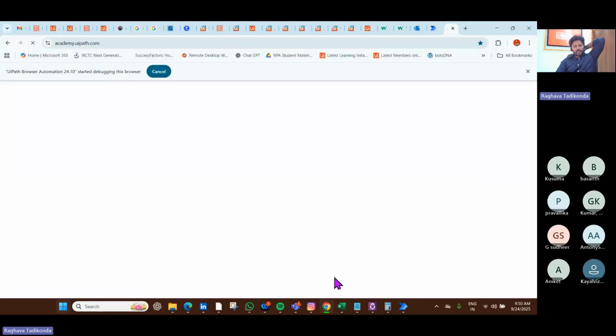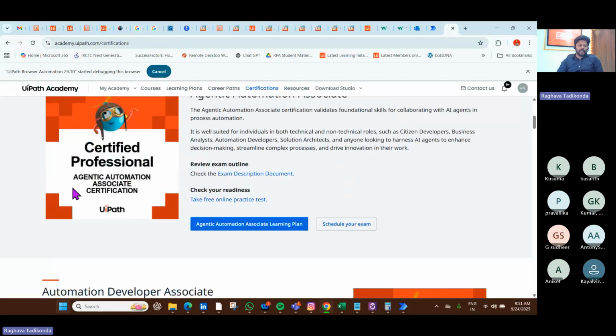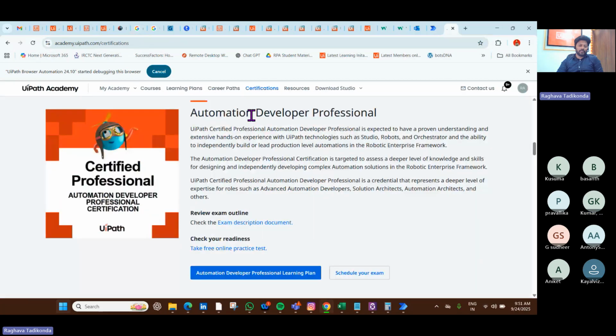So from this academy.uipath.com, we are going to do the free certifications and paid certifications. Here we have an option called certifications. If you click here, see Agentic Automation Associate, Developer Associate, Developer